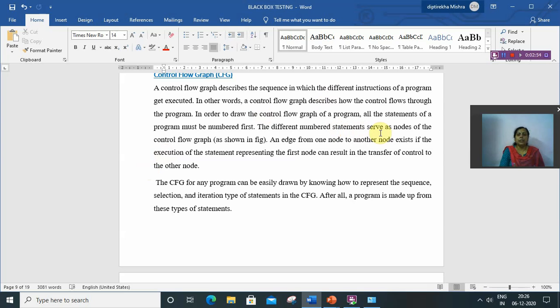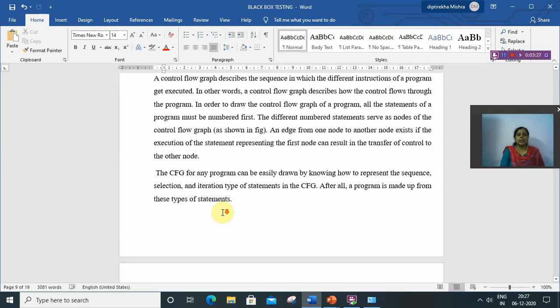If control flows from one statement to another, then an edge exists from that node to the other node. We know a program may be of sequence type, selection type or iteration type, so we must know how to represent the control flow of sequence, selection and iteration.